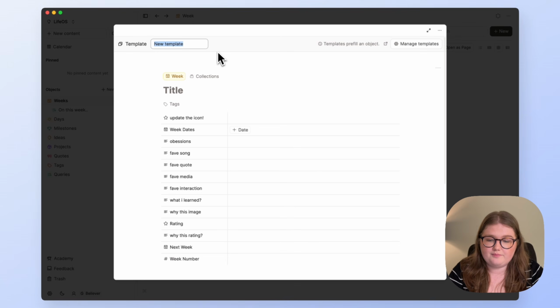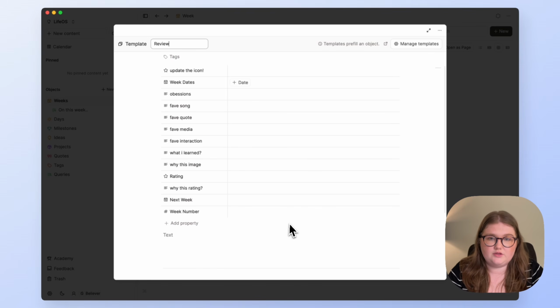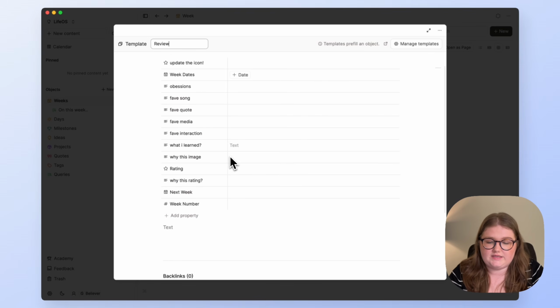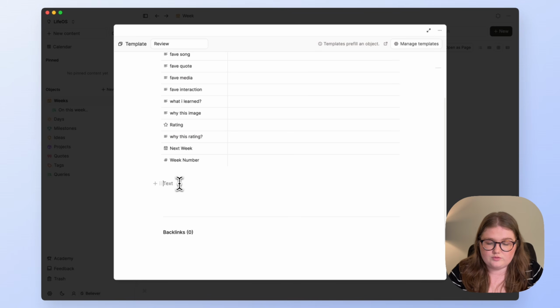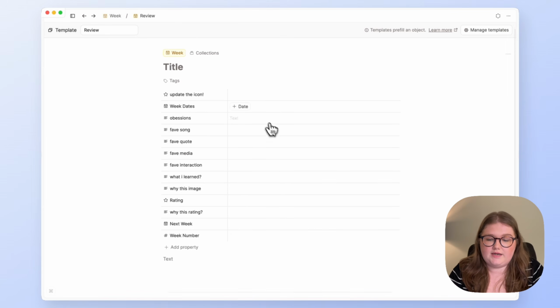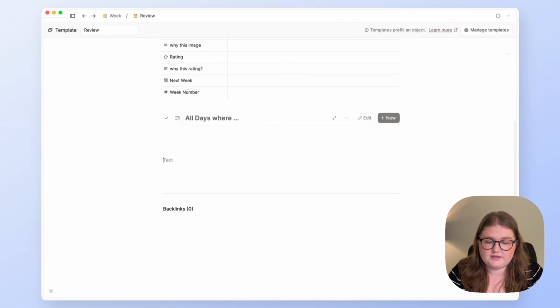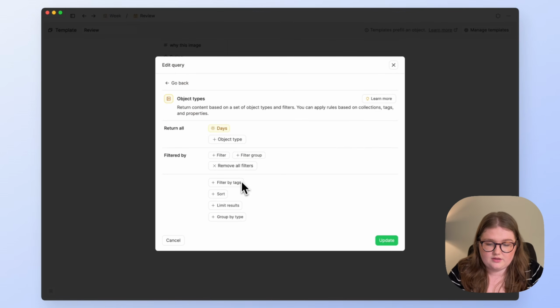So we'll add that here. Just call it review. And I don't fill any of this in. The point of the review is that's when I fill these things in. But I want to do 2 things. I want to see the properties of my daily notes from the previous week. And I want to see what I've collected. So 2 queries. So query days where, and edit that to say that the